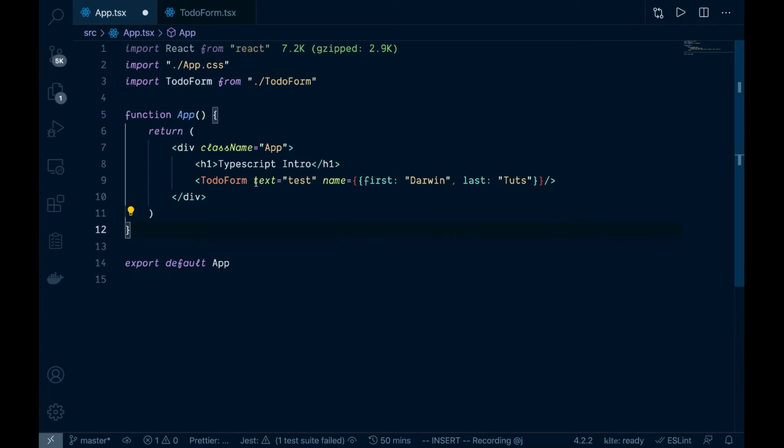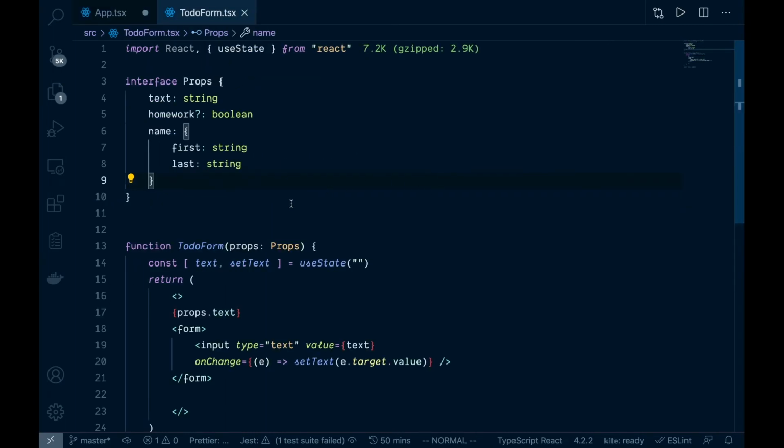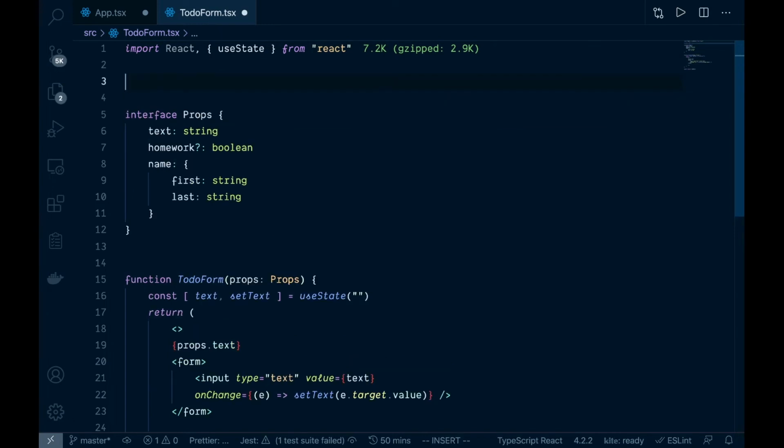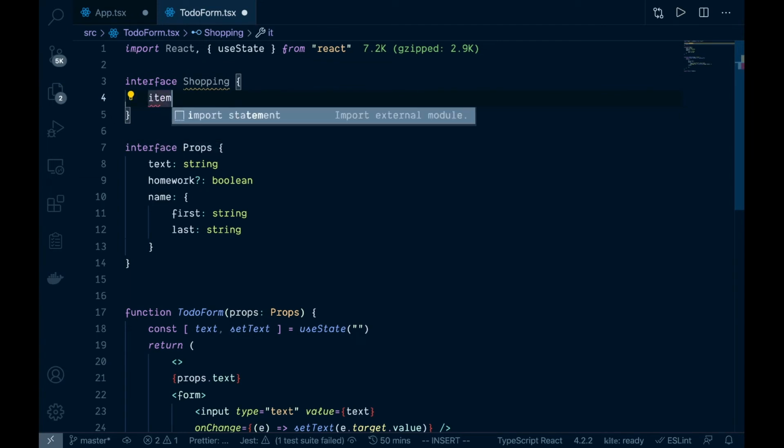All right, so now when we type out these props here, you can see we got an object here returning this, and then our text of test here. Now you can see our red squiggly goes away, and everything is looking pretty good. The last thing I forgot to mention is we could actually come in here and say interface like this, and we could say shopping props, or let's just say shopping for now, and then come down here, and we could just say items, and then we could say our item, and that would be a string,